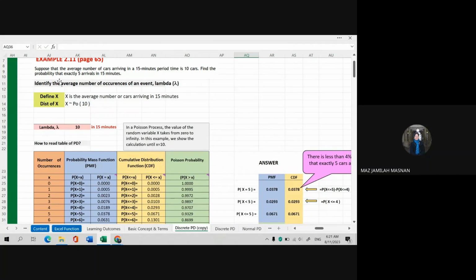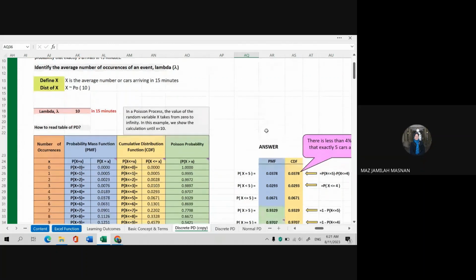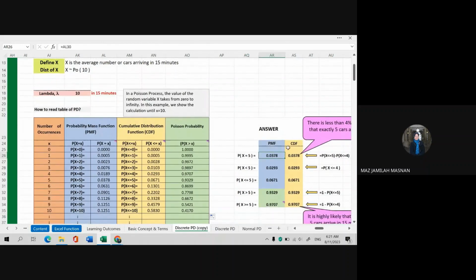Now, the question is exactly 5 arrivals in 15 minutes. Okay, exactly 5. So if you are using the PMF, definitely it would be easy. You are referring to your exact success, which is equal to 5. And then you can just click the cell for exact value equal to 5. And then you will get the answer. So this is the PMF. Okay. And if